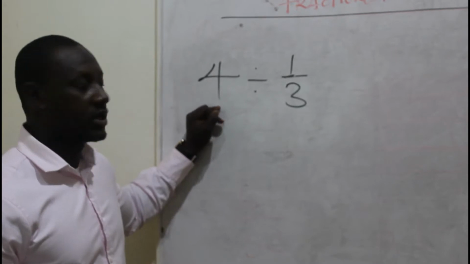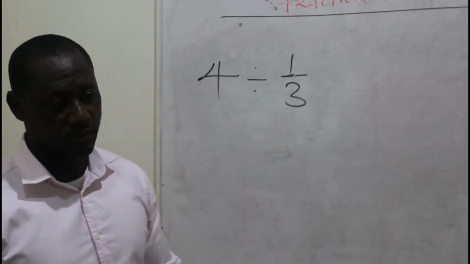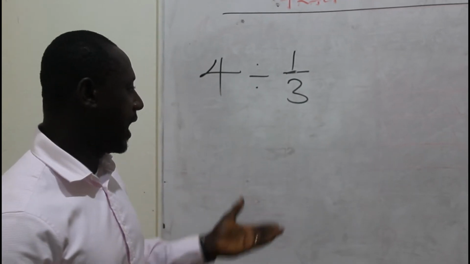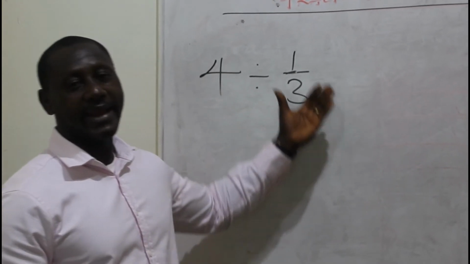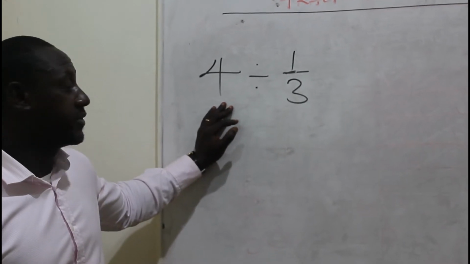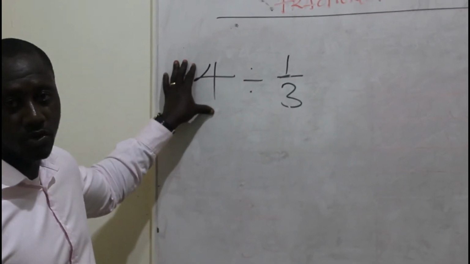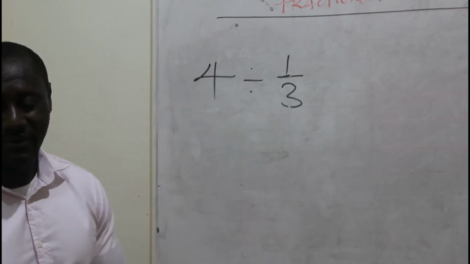It means: how many 1/3 can be found in 4 wholes? Or we can say, how many 1/3 can be taken from 4 wholes? So that is the interpretation. How many 1/3 are found in 4 wholes? So what it means is that if I want to use